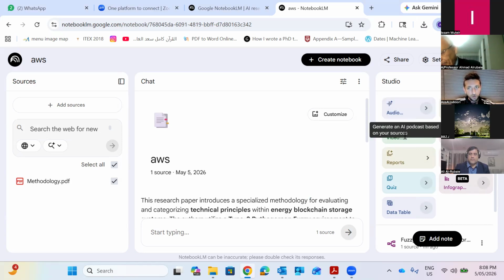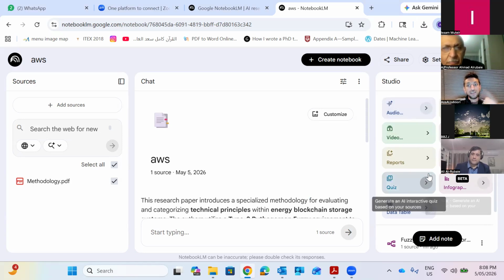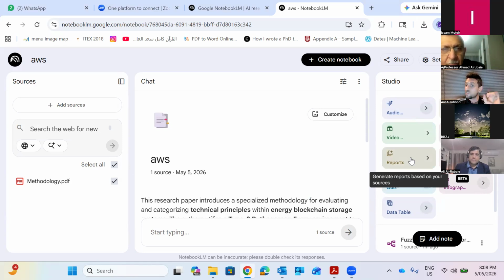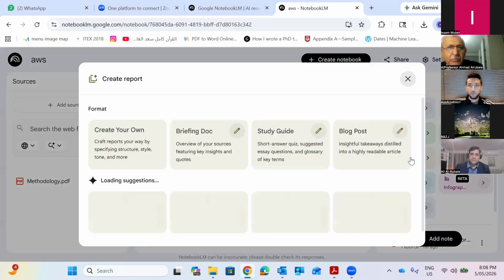Audio and video can be mapped, and reporting can be done. Reporting is very important. Once I press the report, one tag will appear for me. This tag is different and will be followed by